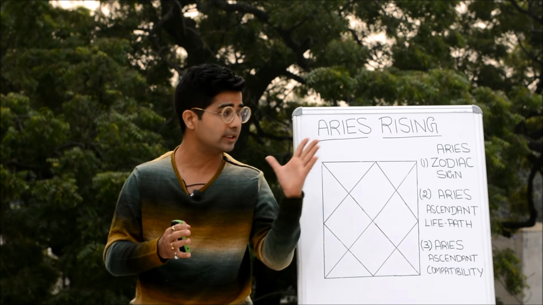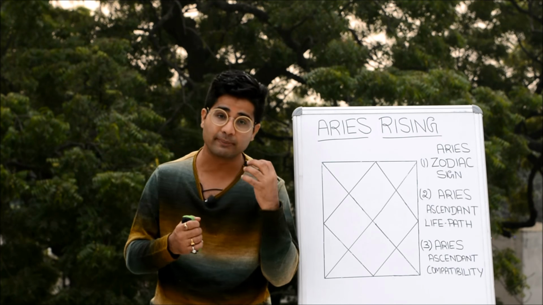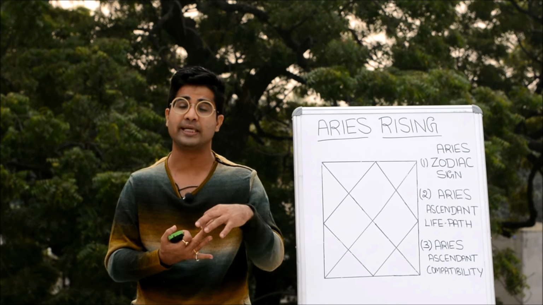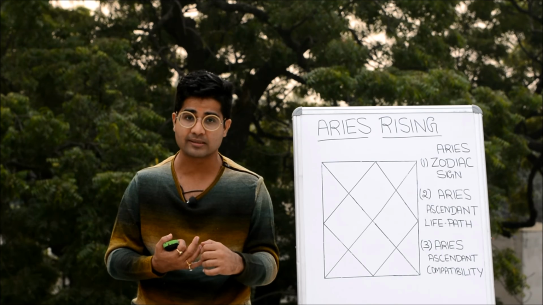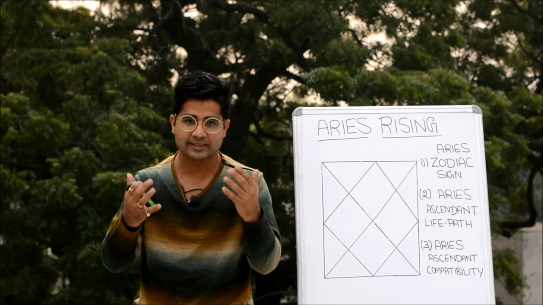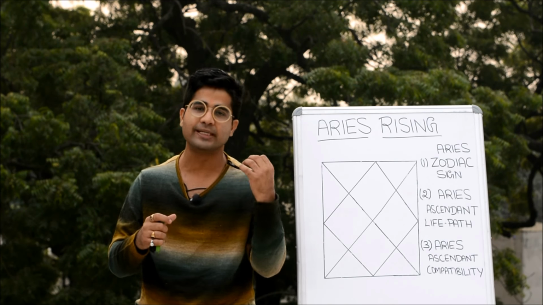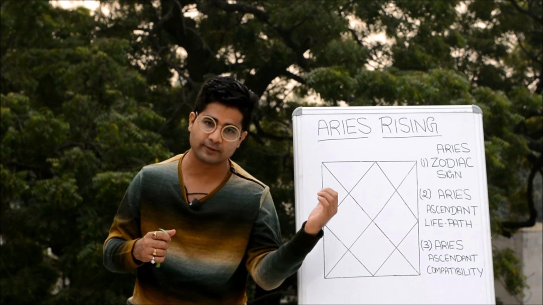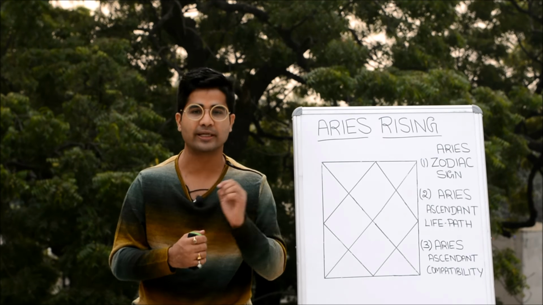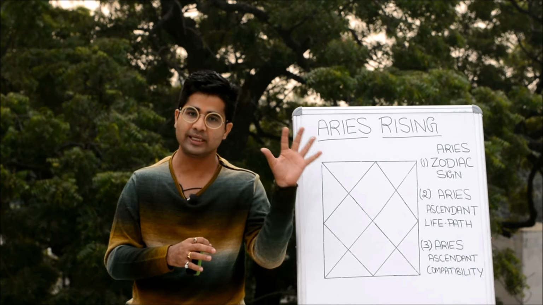When it comes to their characteristics, Aries people are very kind-hearted, they are go-getters, and they are a little bit impulsive because of the energy of the planet Mars. They carry themselves and come across as very hard, but trust me, once you become friends with them, you will get to know their inner softness, the inner tenderness of their heart. So this is a little bit about the Aries zodiac sign.